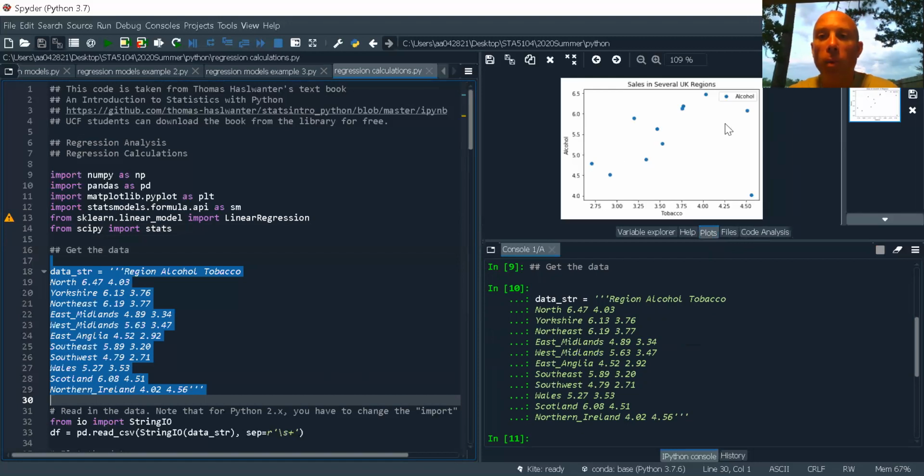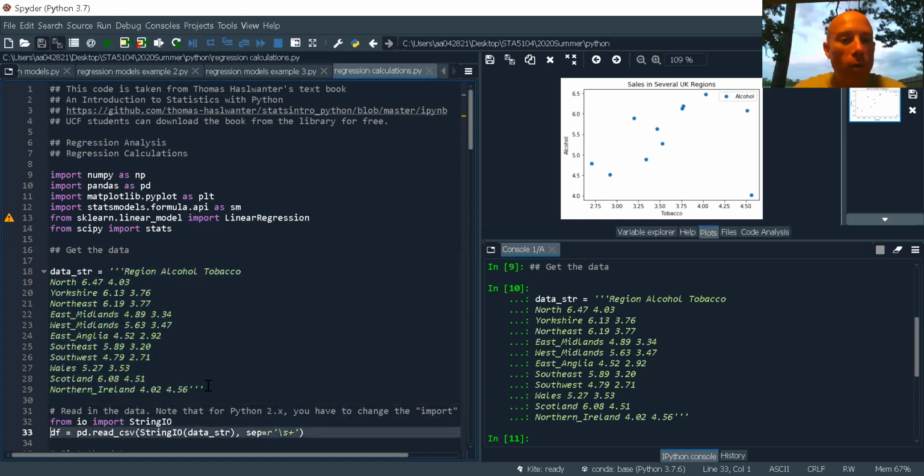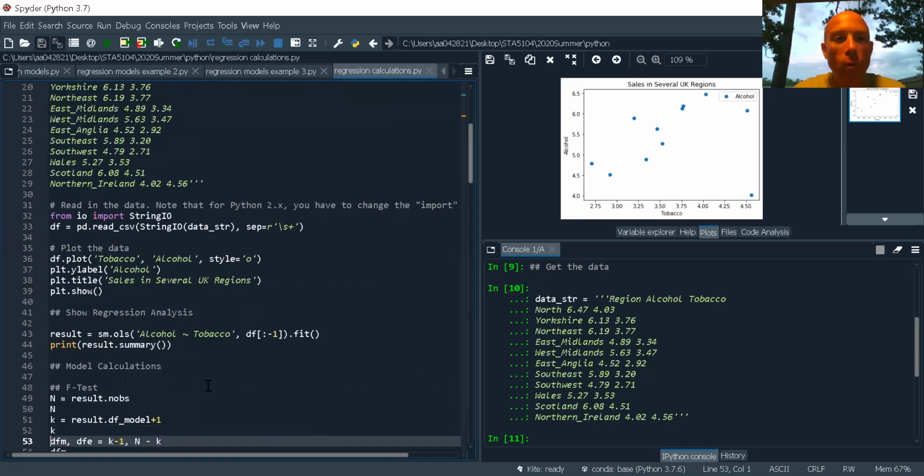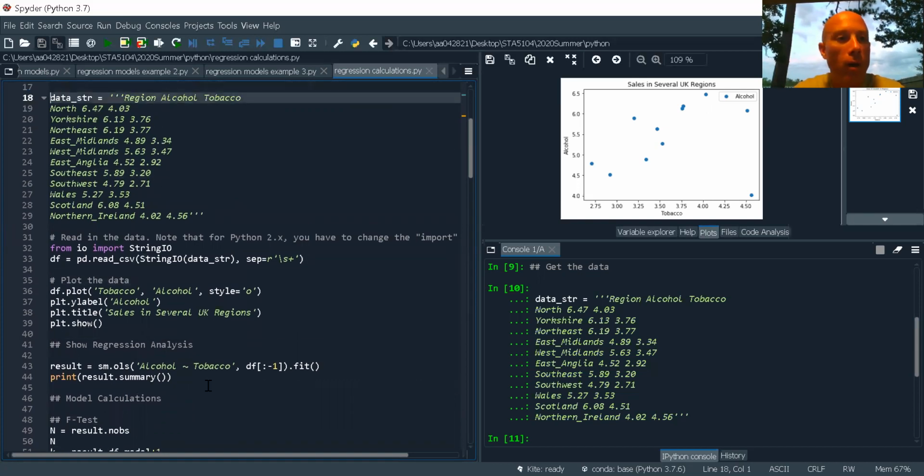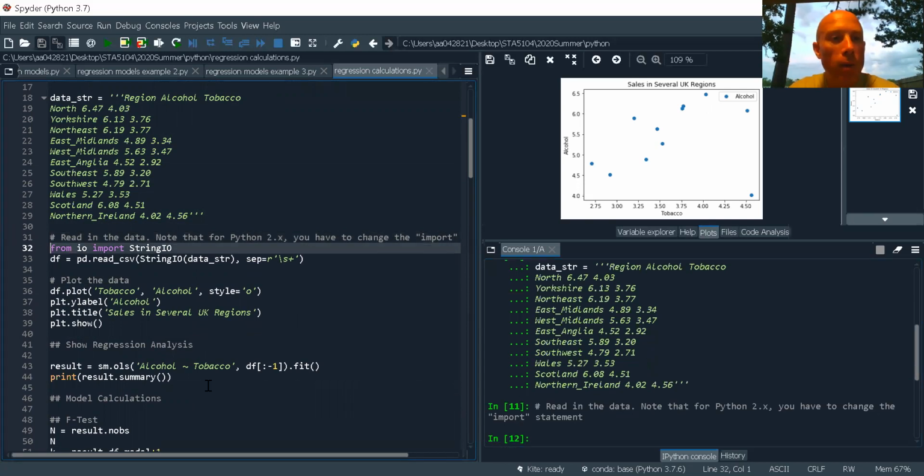I already made the scatter plot. So here's a scatter plot of our data. And we can see that there's maybe a linear relationship between tobacco and alcohol. So let's go ahead and start analyzing this. We have tobacco and alcohol data for a collection of parts of the UK. All right, so let's go ahead, and another way to get the data in,